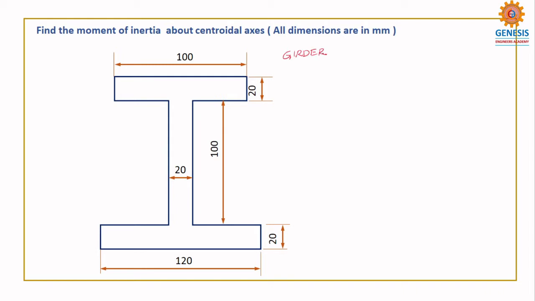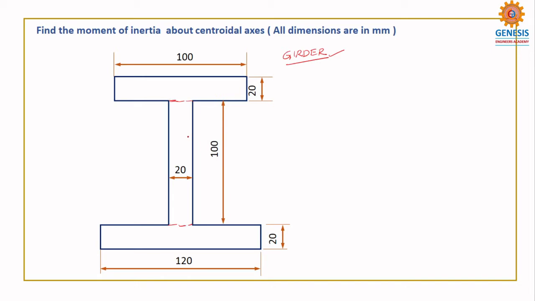This is also used for construction purposes of mechanical components, and railway tracks also have this cross section, but with a little modification. So I can consider this a composite section. In this composite section, you have to divide the total cross section into different cross sections of known shapes.